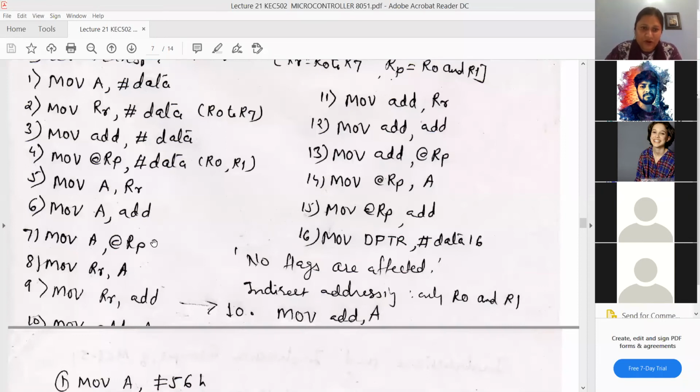So have you gone through this? Have you understood the meaning of at? It is indirectly pointed memory. If you observe minutely, all these at type of instructions only use R0 and R1 registers. They don't use R2 to R7 registers. So whenever there is an indirect transfer,